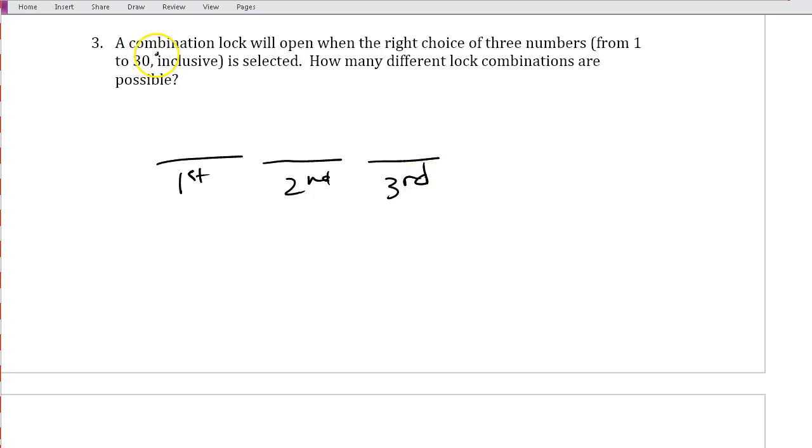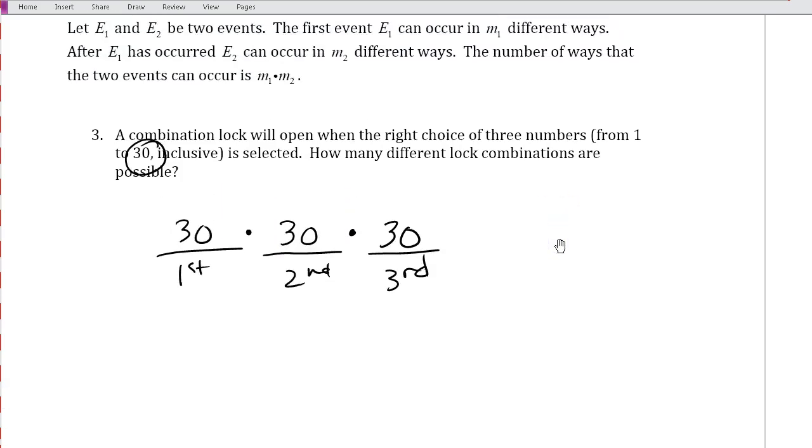Since there are 30 numbers, for the first number there are 30 possibilities, and for the second number there would also be 30 because it doesn't say we can't use the same number twice, and for the third number there would also be 30 possibilities. Our counting principle says that if we multiply these, the number of ways that two events can occur, in this case three events, is M1 times M sub 2 times M sub 3,